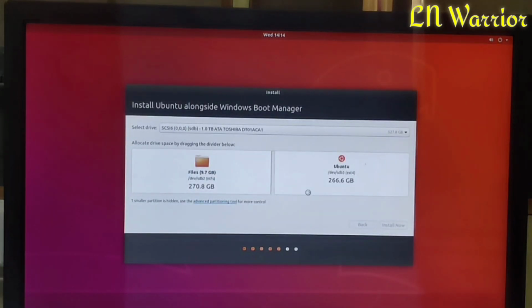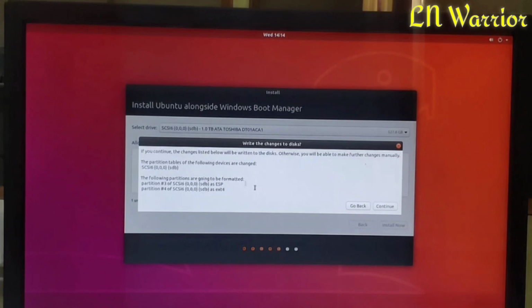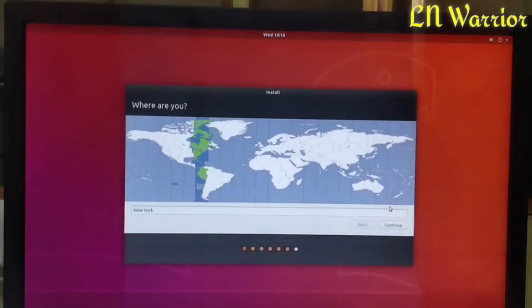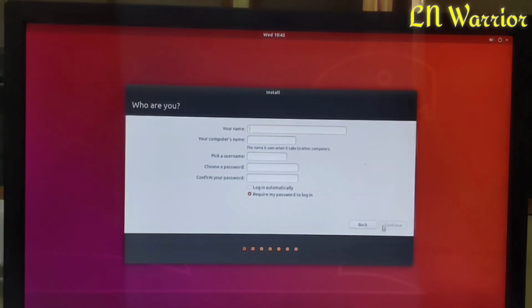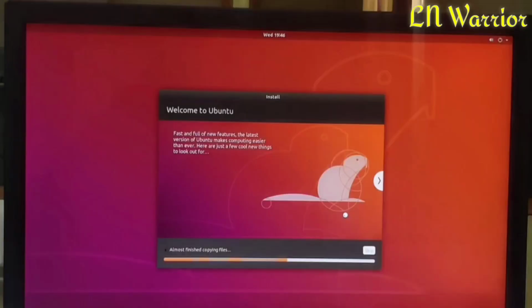Click on the Continue button and click on Continue. So select your region, where you are from. Just type your username. Click on Continue.